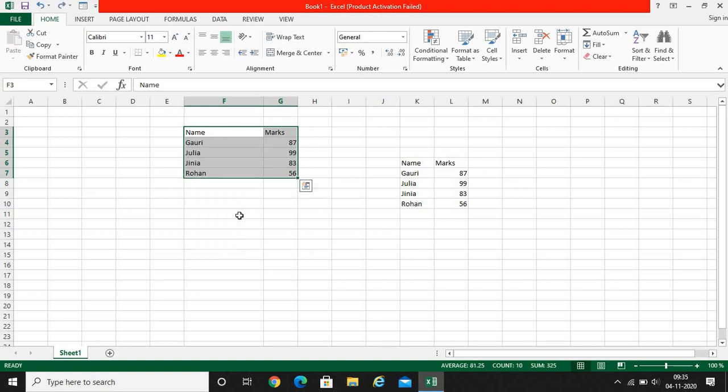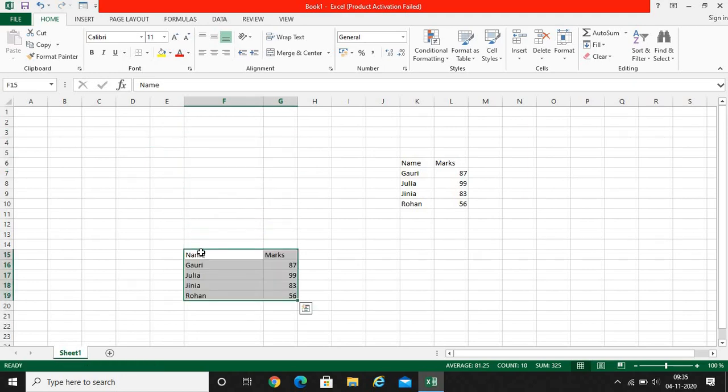So we are going to drag the same thing from here. I think there is some problem in my mouse. Yes, in this way we can drag and drop, which will help you to move the data. It will not copy the data.